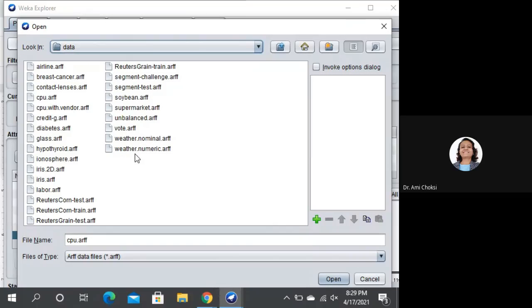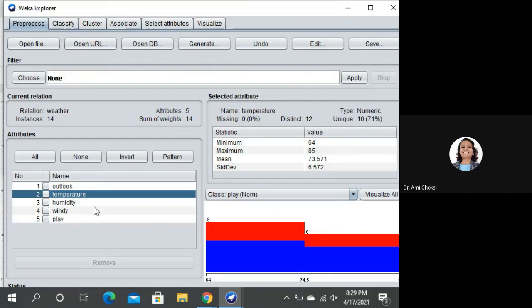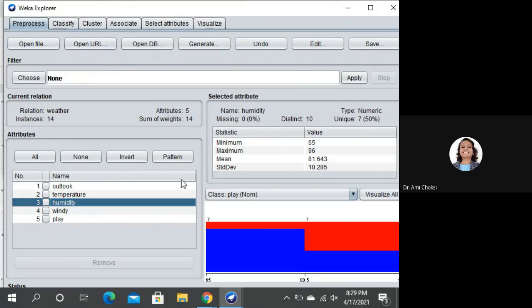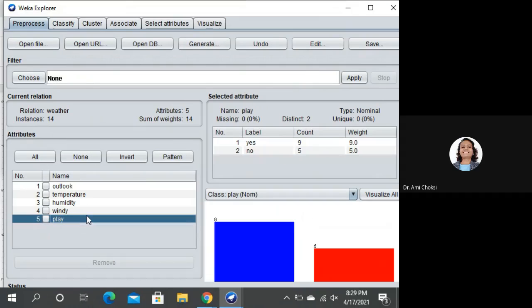We were using the weather numeric till now, so I'm opening that only. Now, what we know about this is that the first attribute is nominal, the second attribute is numeric, the third attribute is numeric, the fourth attribute is nominal, and the fifth attribute too is nominal, right?